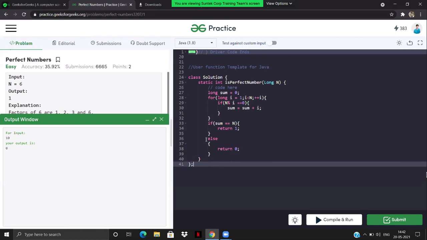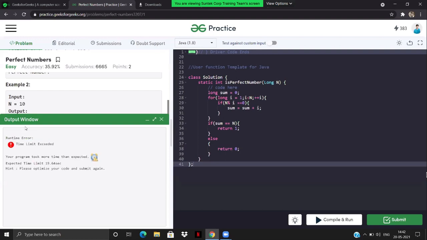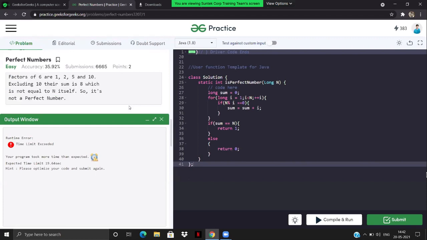Or do you guys have any other approach? Let's try submitting it. For the given test case, it seems to be working. Correct. Now you got the time limit exceeded. The reason why you got the time limit exceeded is that the expected time complexity they have given was supposed